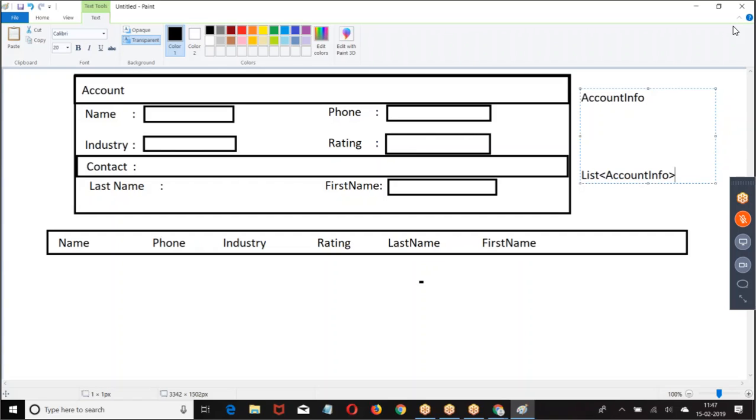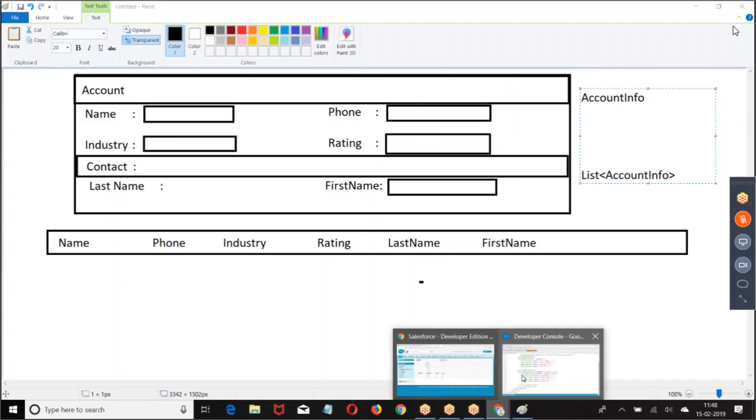Did you understand why I went for wrapper class? First, create a wrapper class, everyone.